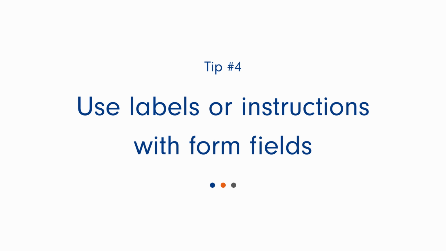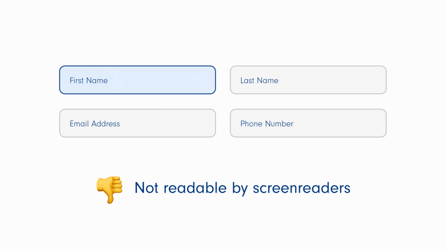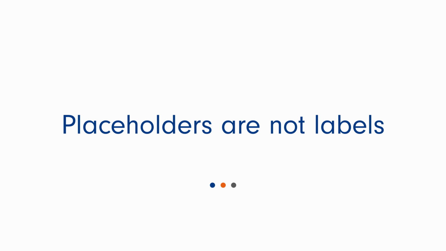Tip number 4, use labels or instructions with form fields. There's a huge trend going around where placeholders are used instead of labels for form fields. Let's face it, there's a lot of reasons why this can be appealing, especially when it makes the design look more simple and modern. However, it's important to remember that placeholders are not labels, and people who use screen readers